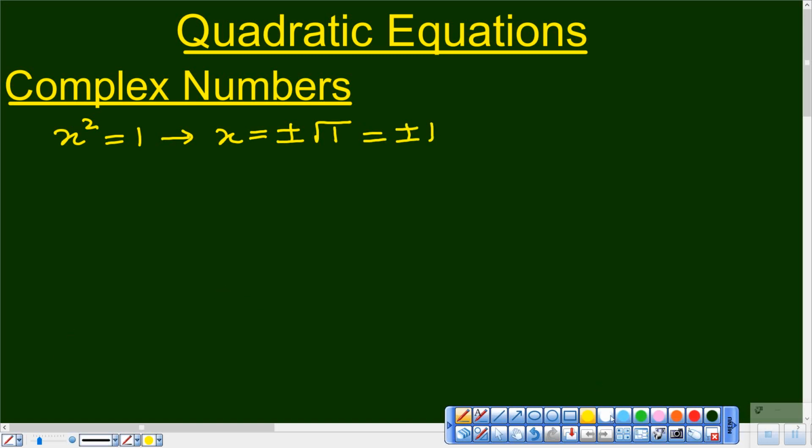If I change the question and ask you what is x square is equal to minus 1, what are the solutions of this equation, then you might go up to this step, that is x is equal to plus minus square root of minus 1. But beyond this, you can't go. You are stuck here because the square root of a negative number cannot be taken as far as real numbers are concerned. So the square root of a negative number is not possible if we confine ourselves to real numbers.